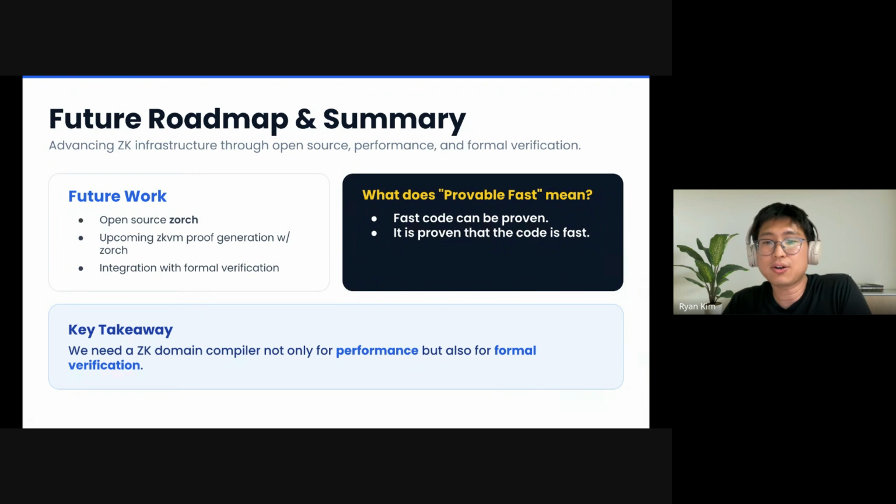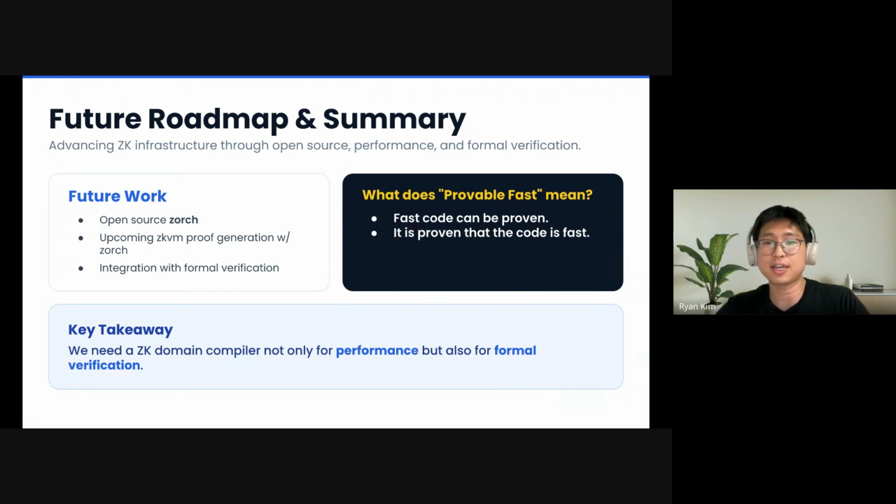And one last thing on the title: provably fast works two ways. Fast code that can be proven is what we have been building, and it is proven by measurements that the code is really fast. Both meanings live in the same place, the compiler.